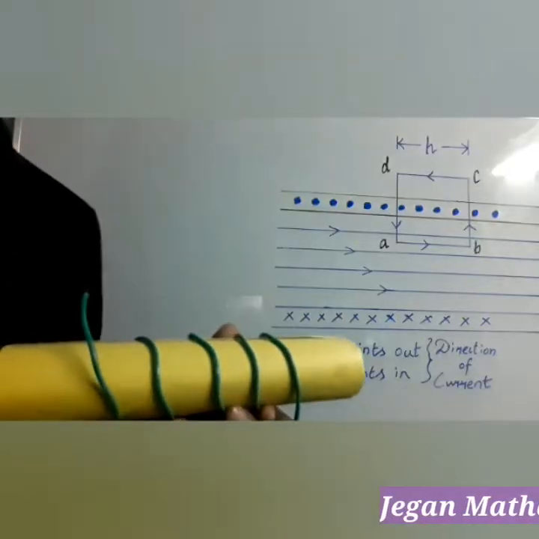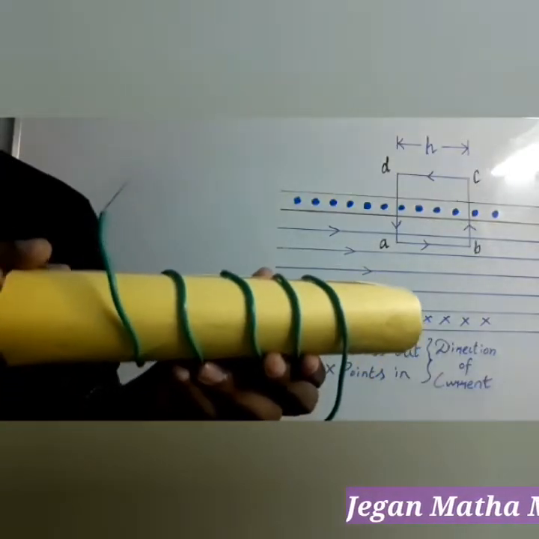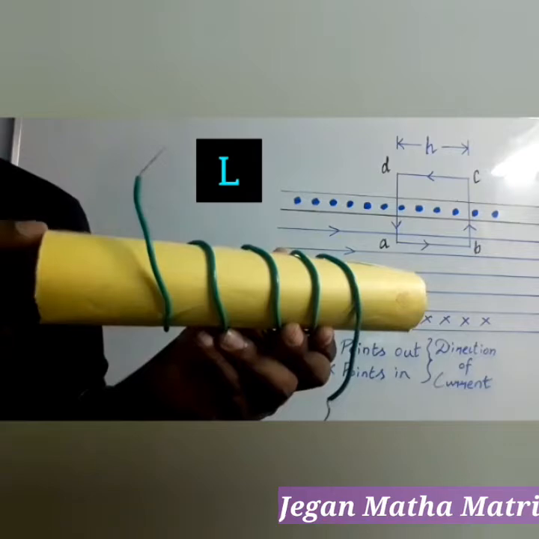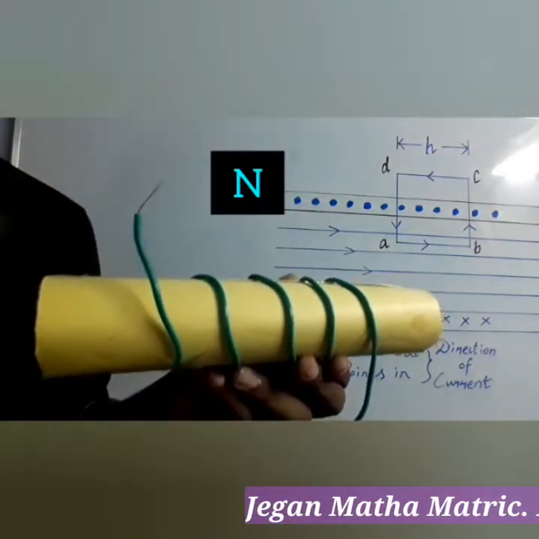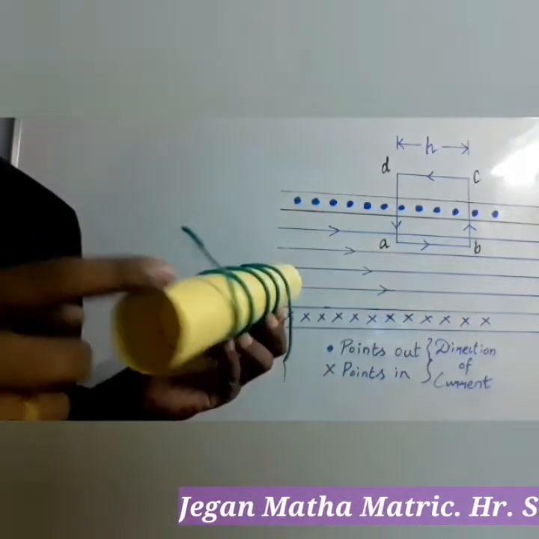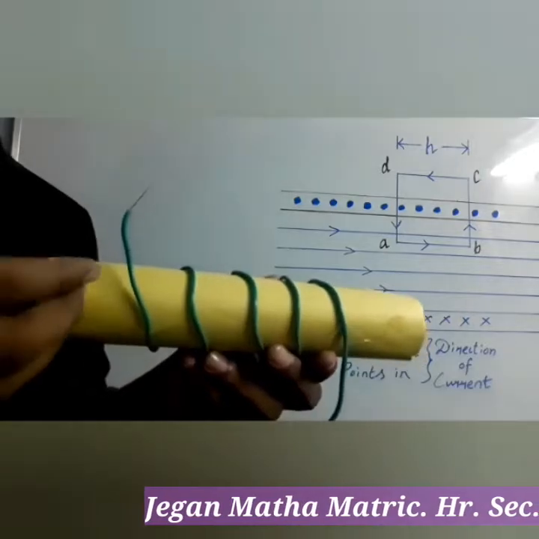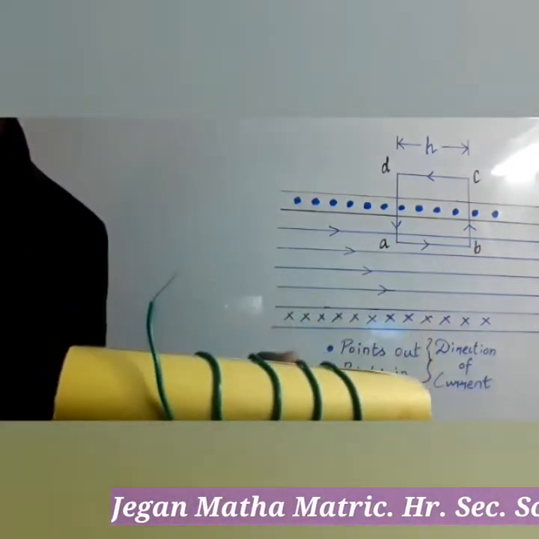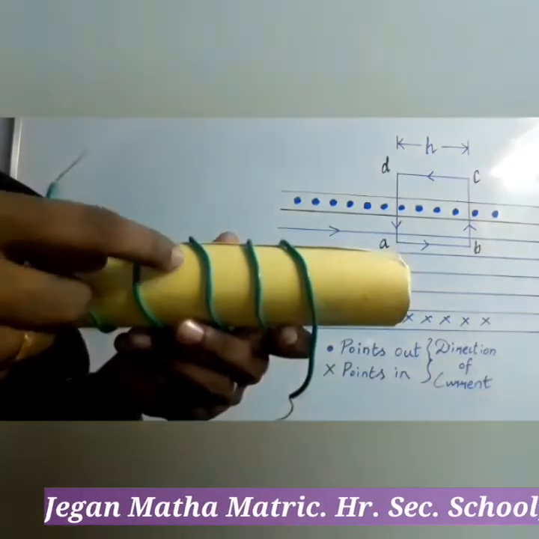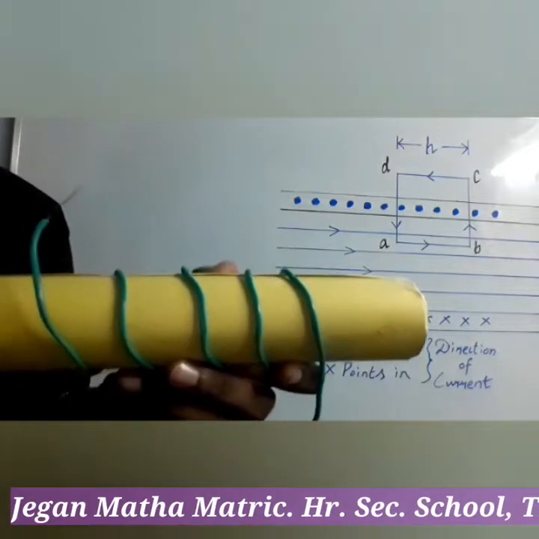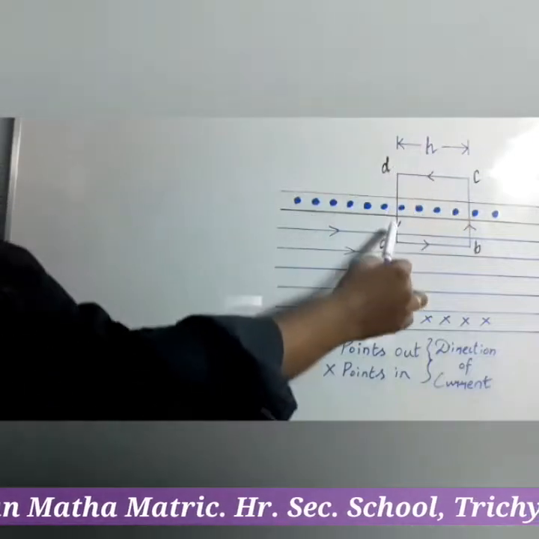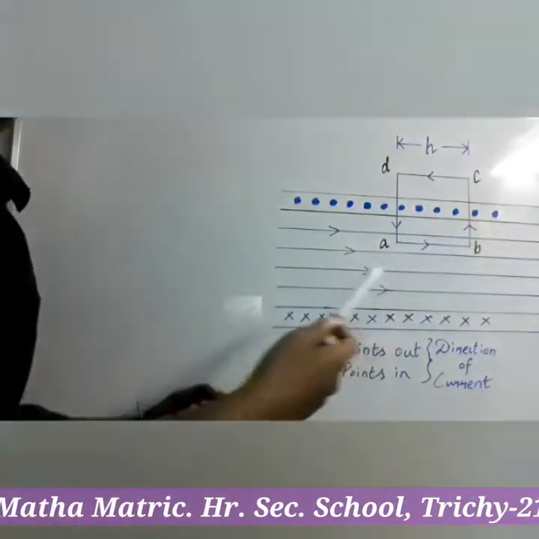Now we can discuss the basic parameters of the solenoid. Consider a solenoid that has length capital L and n number of turns. The diameter of the solenoid is much smaller compared with the length of the solenoid. In order to calculate the magnetic field at any point inside the solenoid, we can use Ampere's circuital law. For that, consider a closed loop ABCD as shown here.